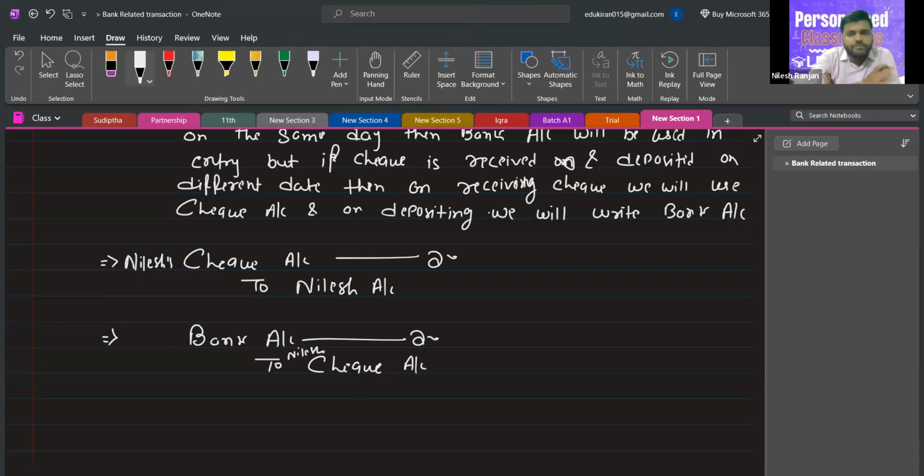Okay, sir. So if there is more than one check, then you have to write the name of the person giving the check. But if there is only one entry related to check depositing, then you can use only check account. Now, the third situation